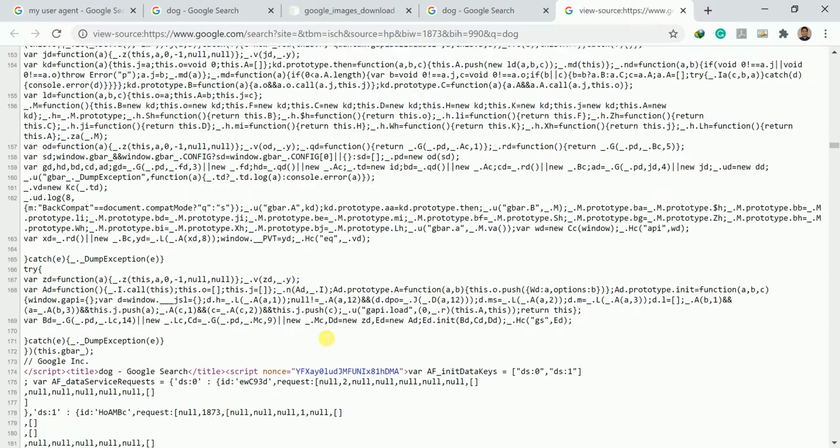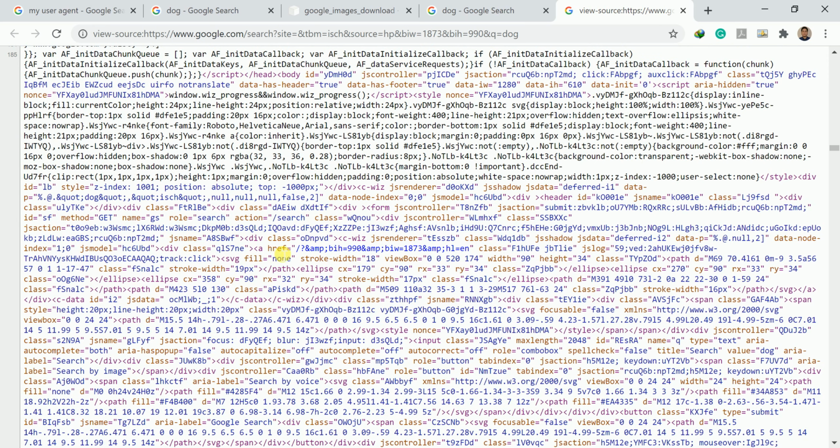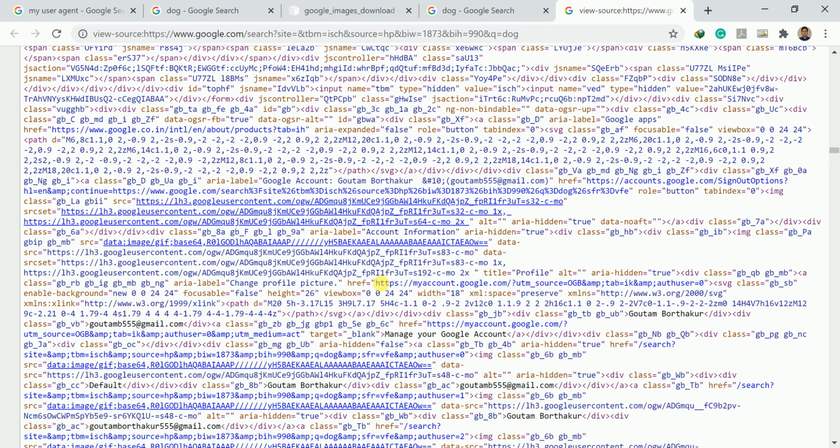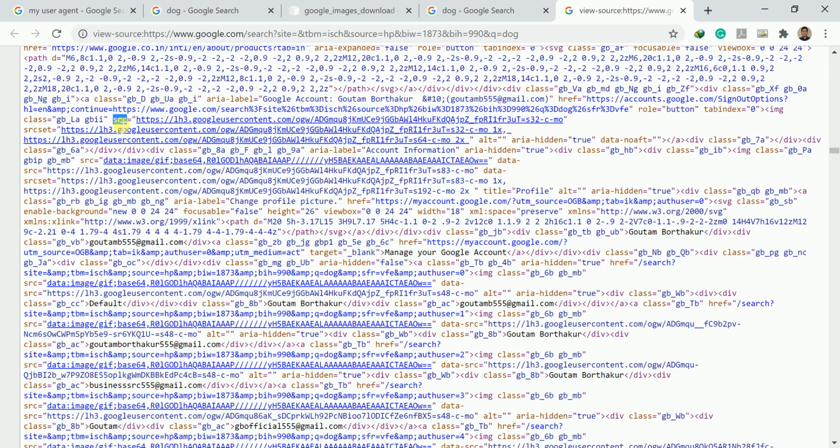You need to come down: reference no, source no, secret no, class no. Earlier that tag was something like rg_meta. It is now different, and instead of the img pattern, earlier it was div. Right now it changed.